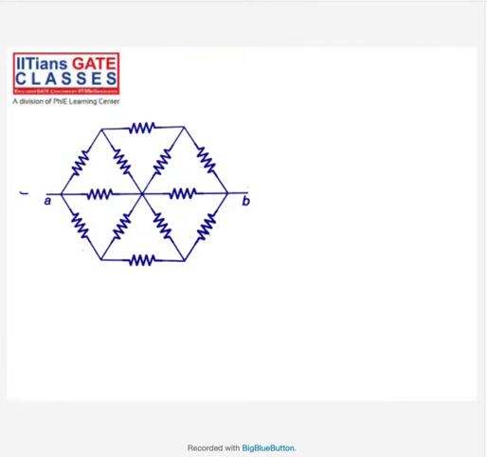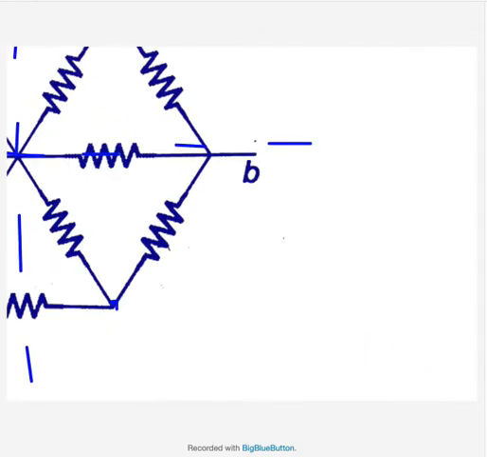Or what I can do is basically I can say this point and this point are having the same potential. This and this having the same potential. If I divide it this way, yeah, correct. If I divide it this way,